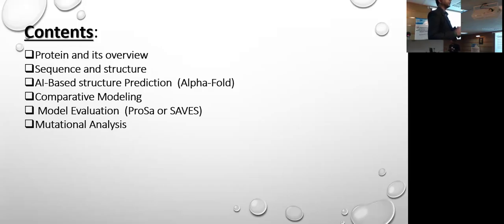And as I mentioned yesterday in my talk also, this can now easily be automated. You can find there are lots of tools available where, without much coding, you can easily use such tools for prediction of your structure. And those structures are very well validated by methods such as the Ramachandran plot and others. So as long as you have sequence, even if you do not have similarity with the template, you can go for prediction with AlphaFold by using the pattern of the folding for which AlphaFold has been trained actually.